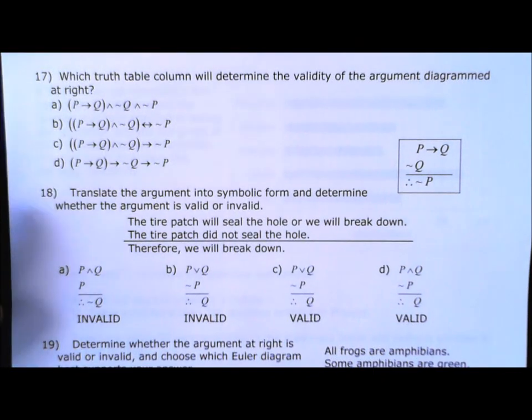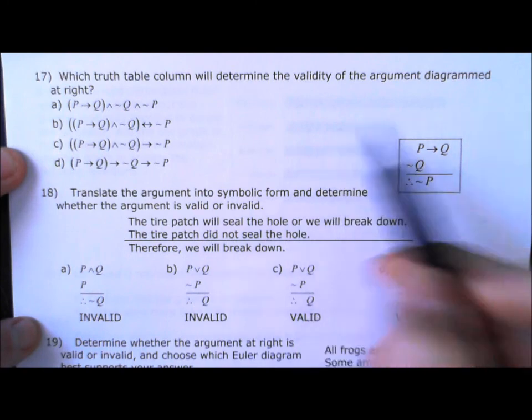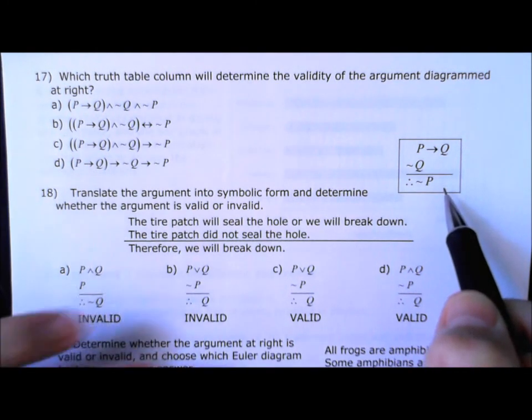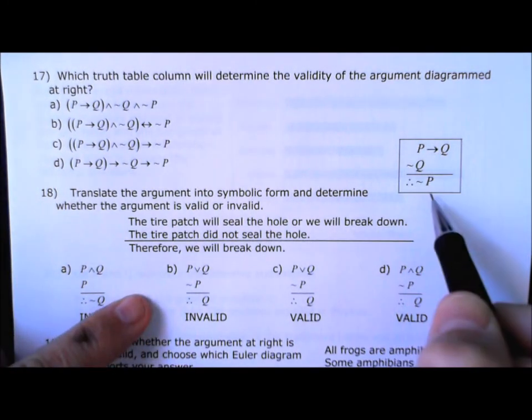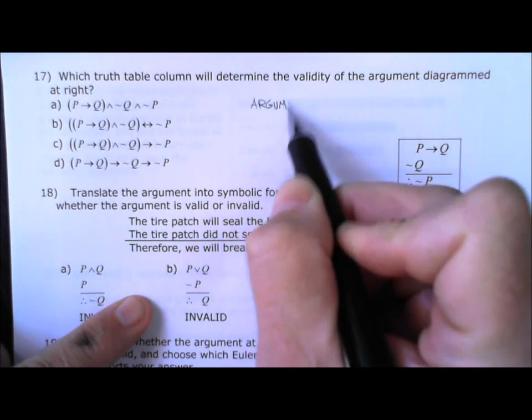Problem 17 asks, what truth table column will determine the validity of the argument shown here? Well, if we were to make a truth table for this argument, we would want the argument itself,